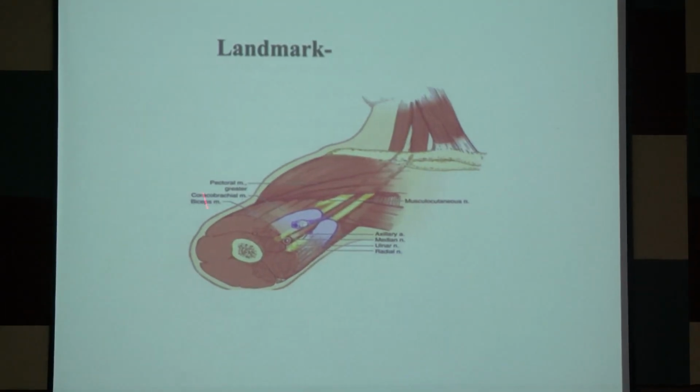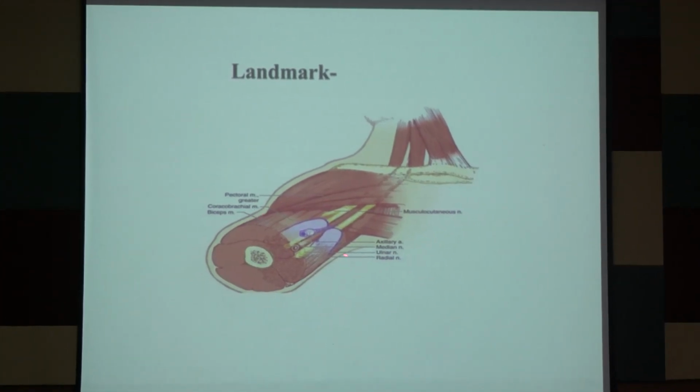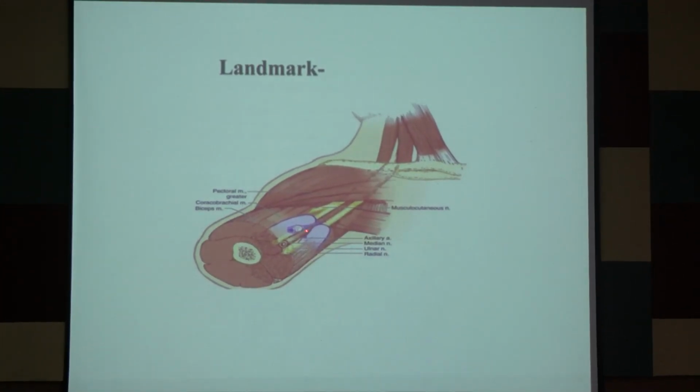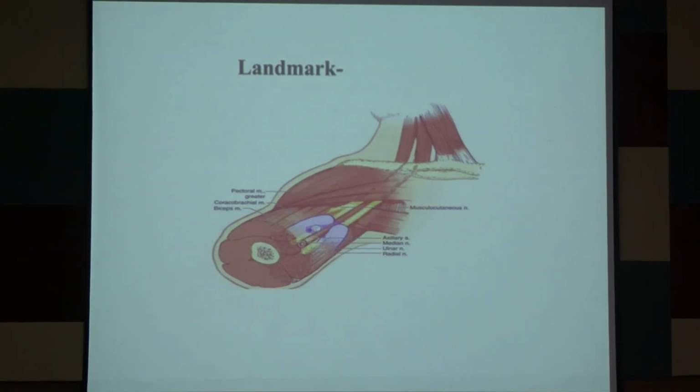See, this is the technique. This is the point of insertion of deltoid, okay? Just on the opposite side, here you will be pricking. Here you will be pricking to block the brachial plexus at the axillary level. After the axillary level, all the branches start coming out. That's what I was telling about. You can't go beyond that.